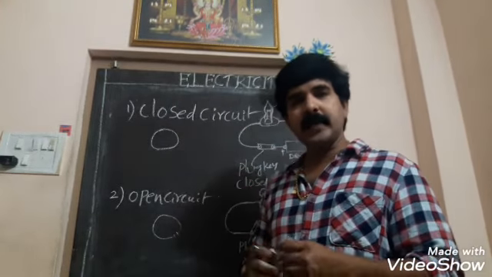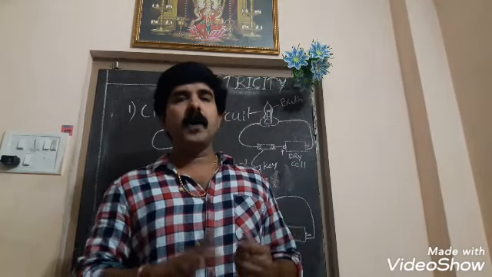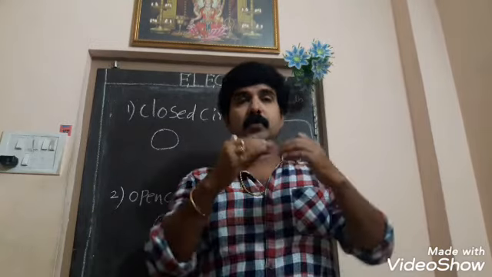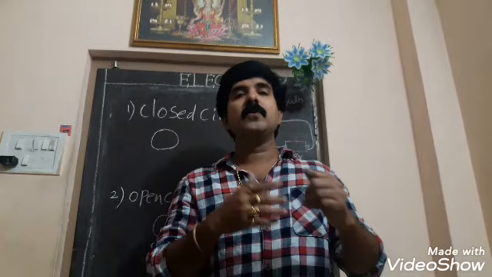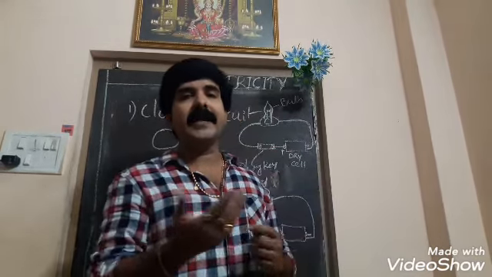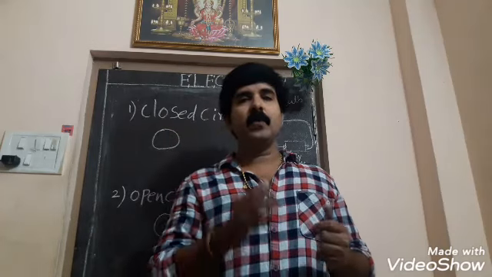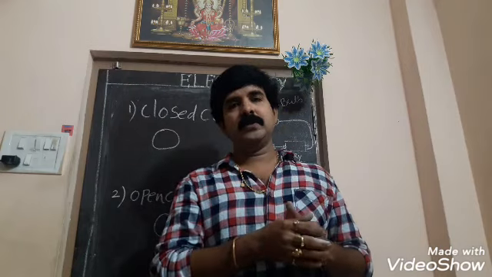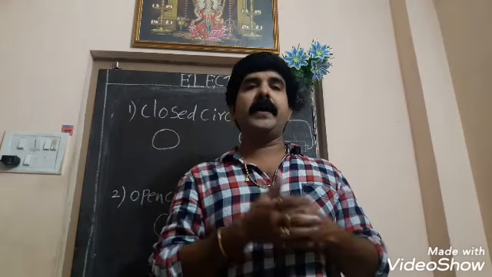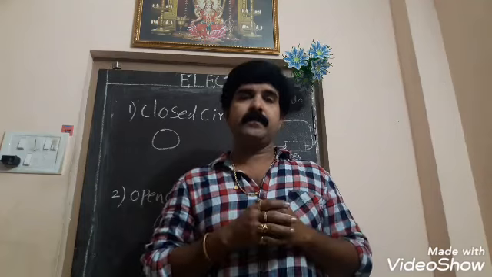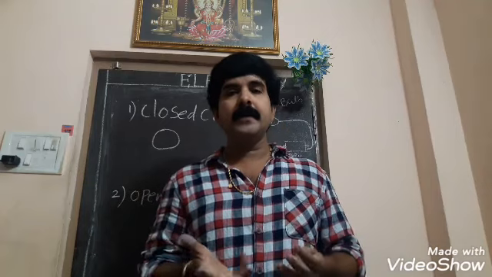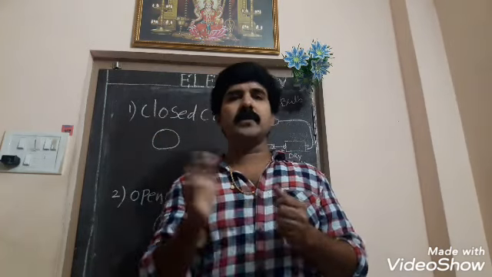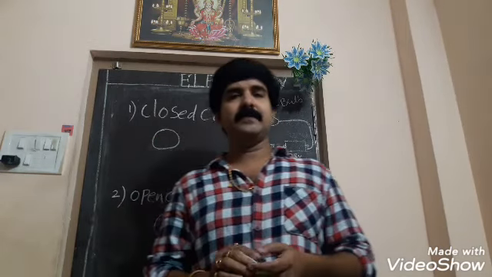And we also had a discussion on how to ensure a continuous flow of current. To attain continuous flow of current, what to do? We took the aid of a battery or dry cell, which is a booster of electrons, which has EMF, electromotive force within it, which is bestowed by the chemical reaction taking place in the battery. Everything we dealt with.